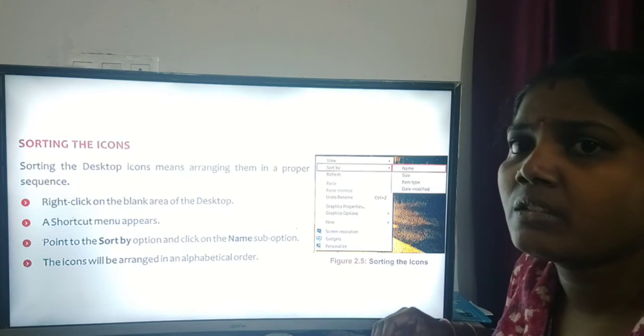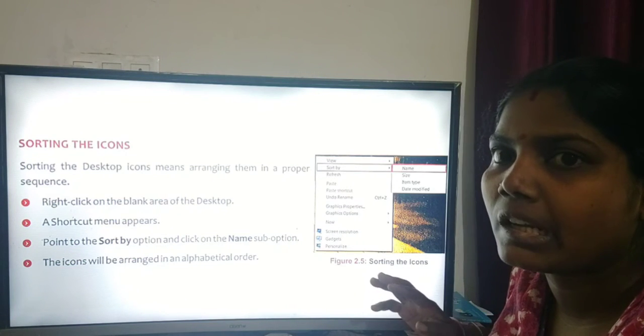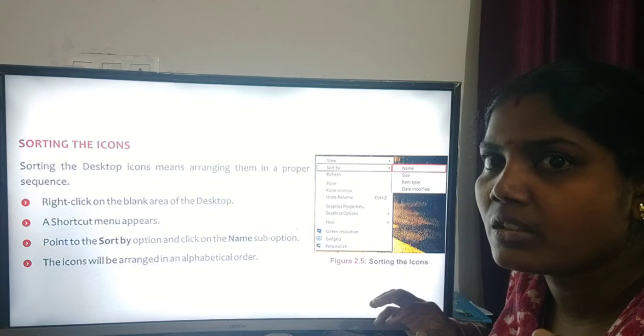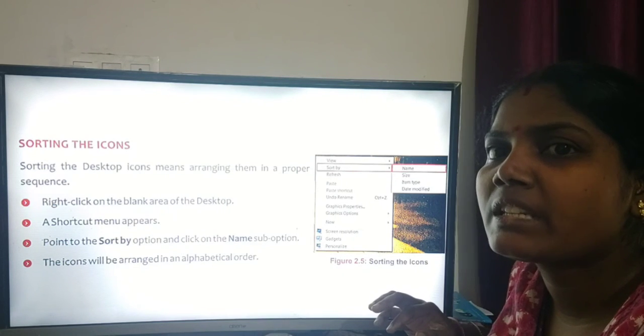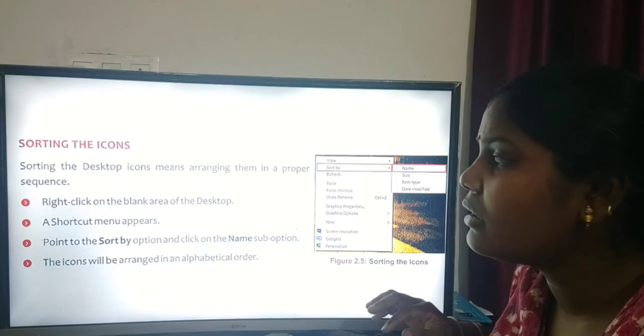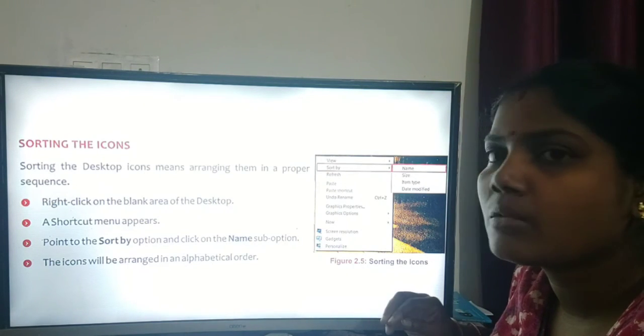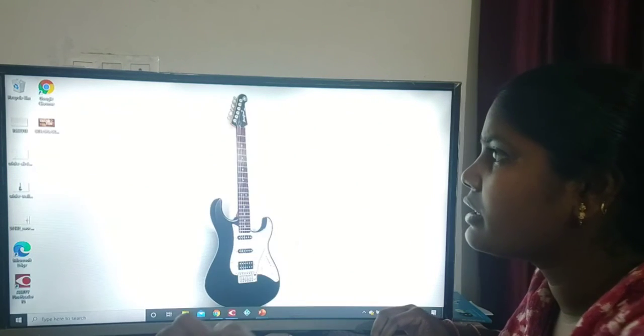In the first topic, the icons were not properly arranged, so we arranged them in a proper way. Now if we want to arrange them in alphabetical order or name-wise, then we have to use this method. For that we open the desktop.